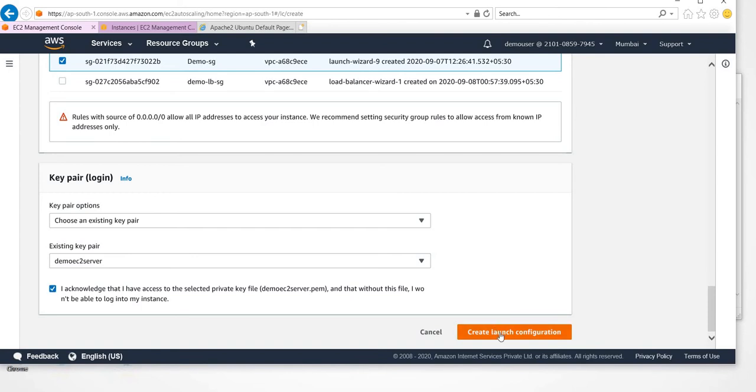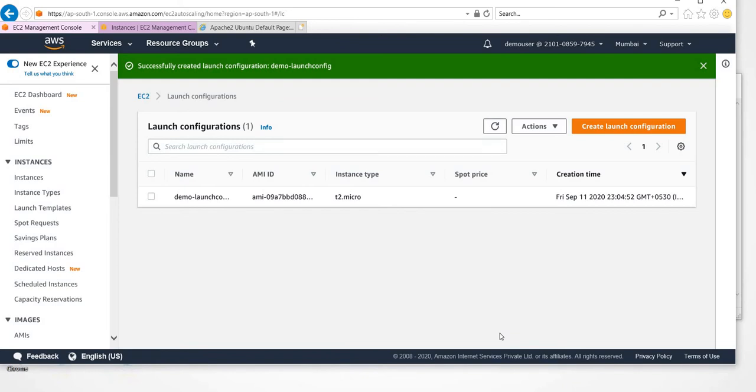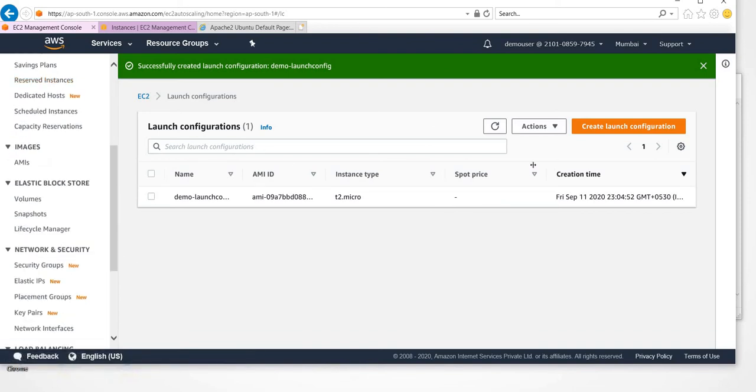Once I have created this, what we have created is just a template, or I would say a kind of launch configuration. These are the basic things needed to build instances automatically whenever there are new requests, or as web traffic increases. If the existing target group isn't able to handle that much traffic, then instances will automatically get created and all the prerequisite steps will happen. So now we have created a launch config.